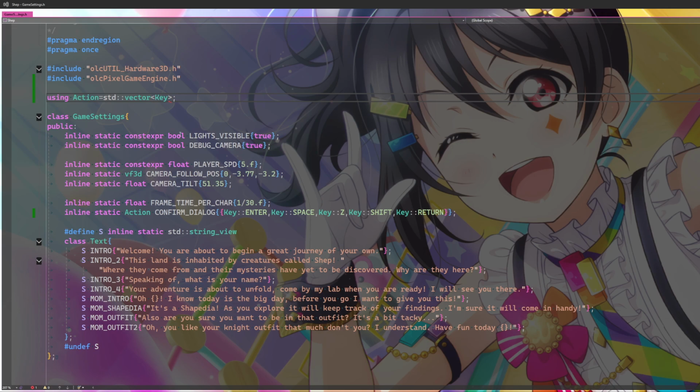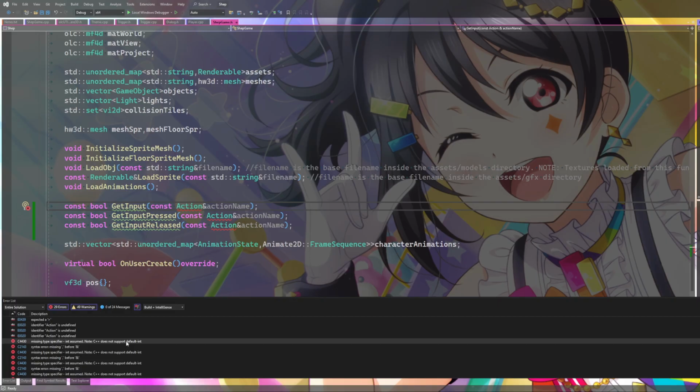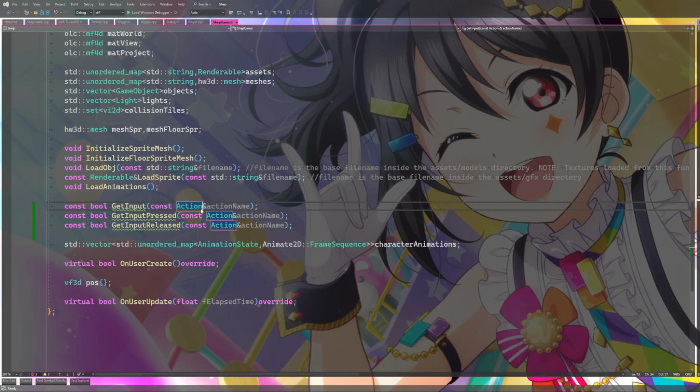See what the compiler says. Compiler says missing type specifier. Well, okay. That's because it's not compiling.